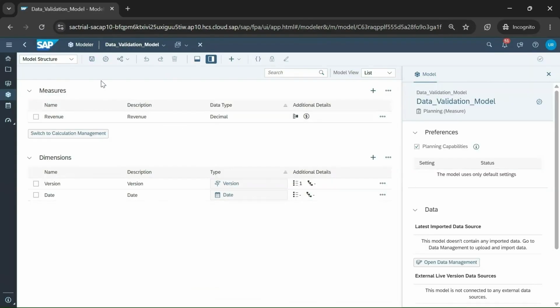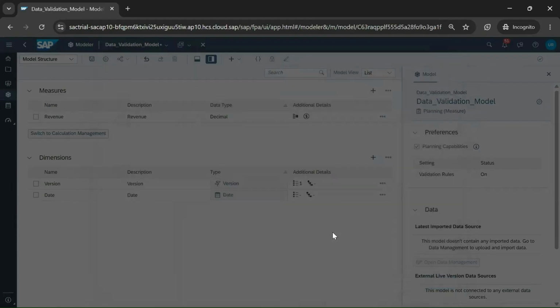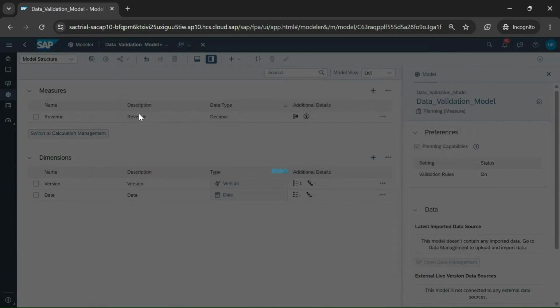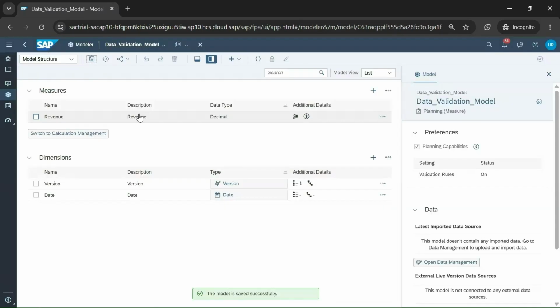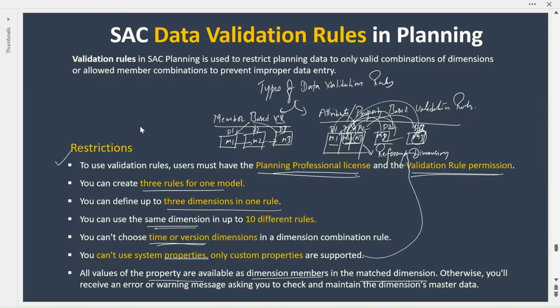So once you save your model, in order to enable the data validation, go to model settings, access and privacy, select the data validation rules and click on OK. Save it. So after saving, we don't find the validation rules enabled because this user doesn't have the rights to create any validation rules. So then let's go to the system owner